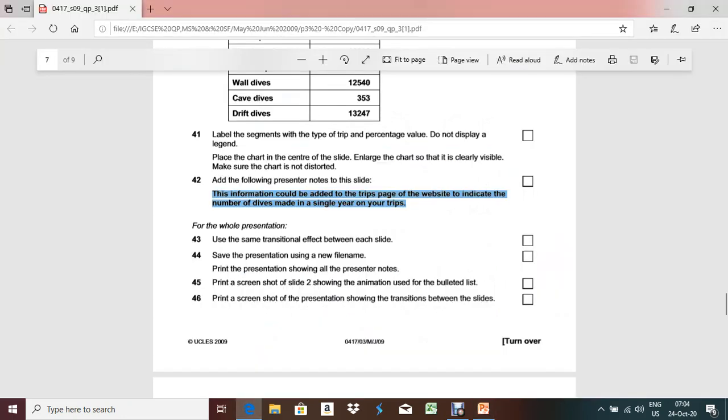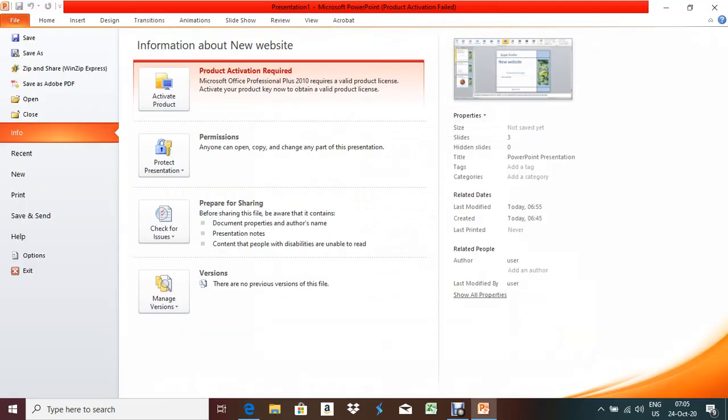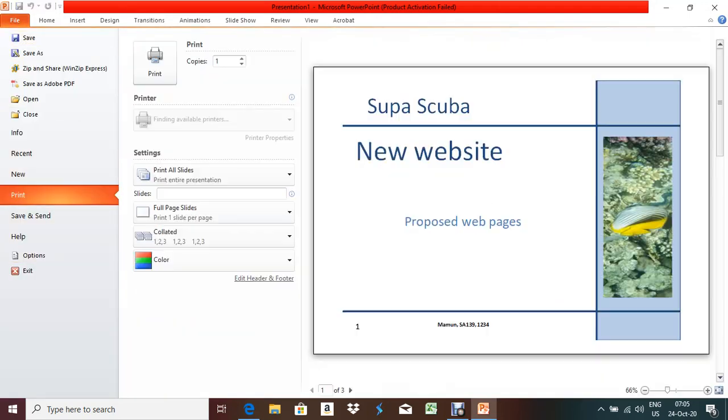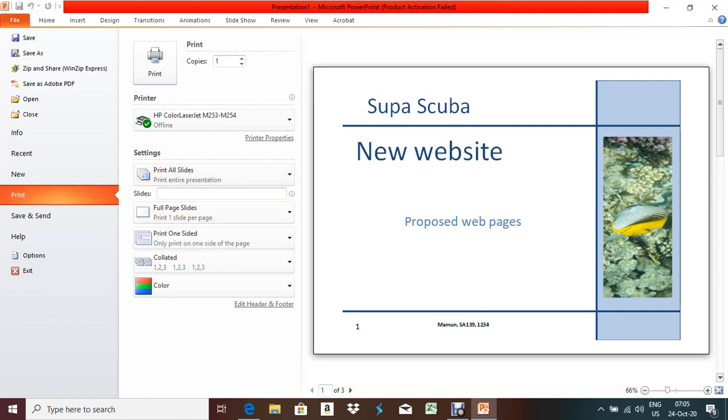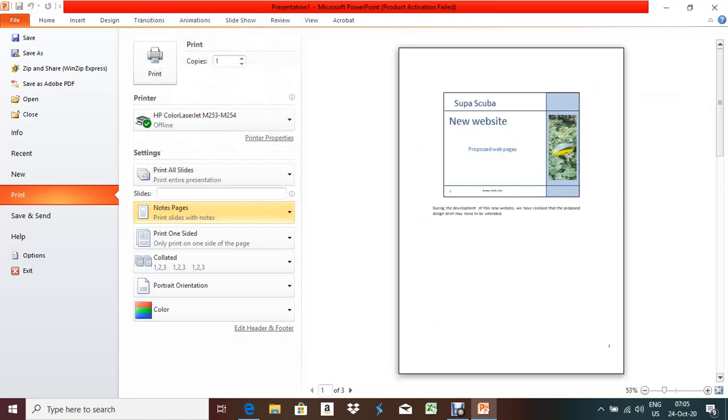Next part, save the presentation using a new file name, and print the presentation showing all the presenter notes. So click file, print, and here you will see something written full page slide. You have to click here, and as you need to print with presenter notes, you have to click notes page.